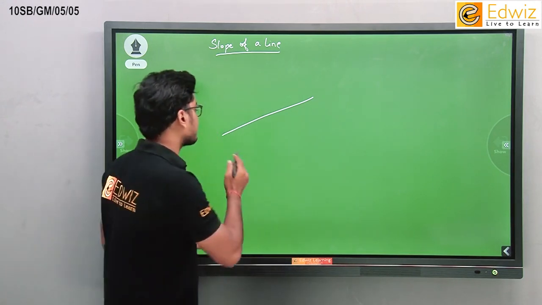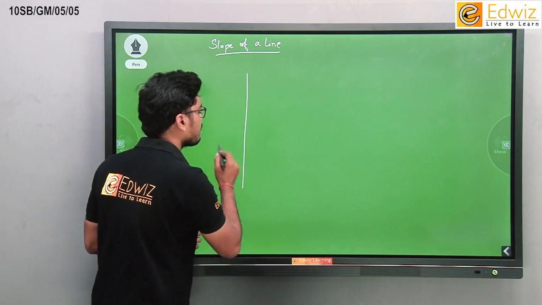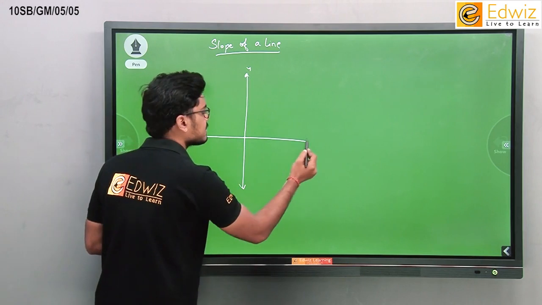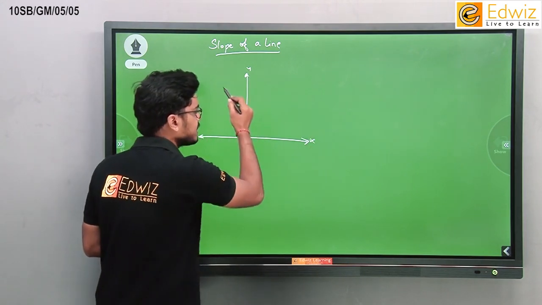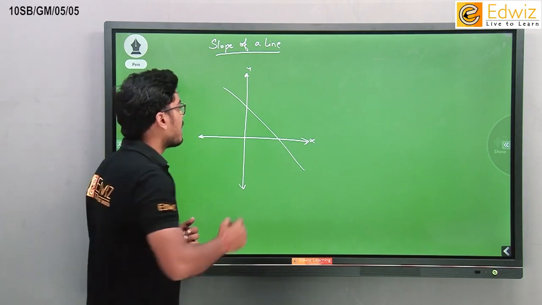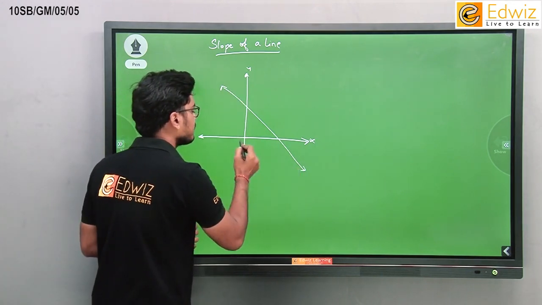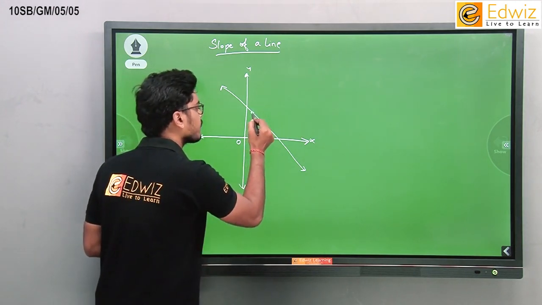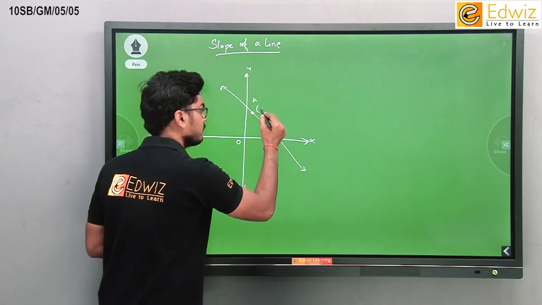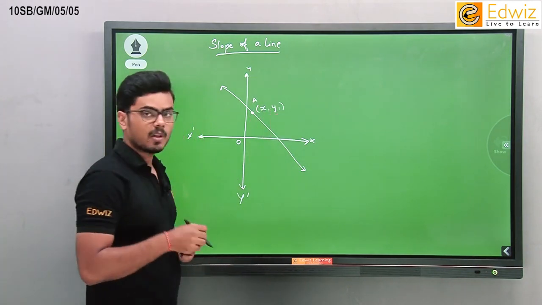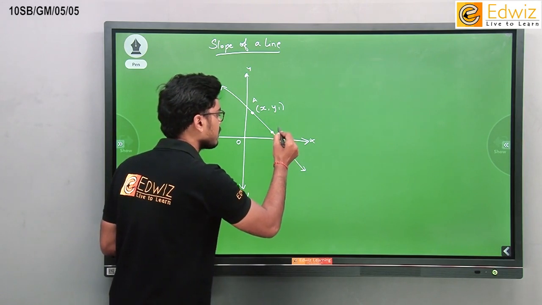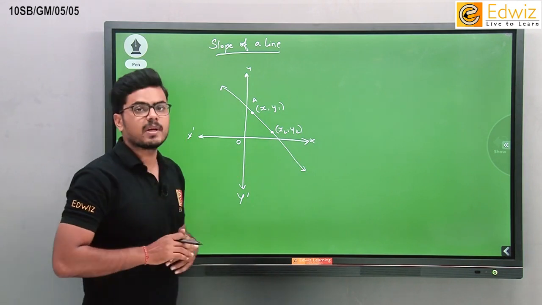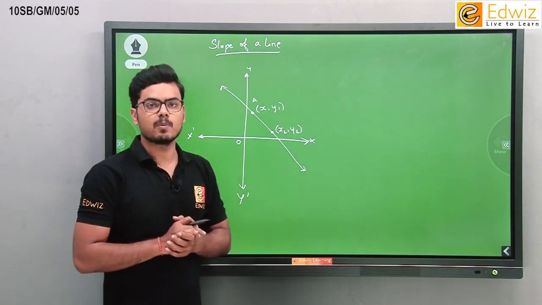Okay, if you see in coordinate geometry, अगर हम लोग यहाँ पे प्लॉट करें एक लाइन, suppose this is the y axis, okay, this is the x axis, suppose this is the line that we are plotting. Okay, and on this line if I take any 2 points, point A (x1, y1), point B (x2, y2). ठीक है, तो इन कोऑर्डिनेट ज्योमेट्री हम लोग स्लोप को एक मैथमेटिकल फॉर्मूला से रिप्रेजेंट कर सकते